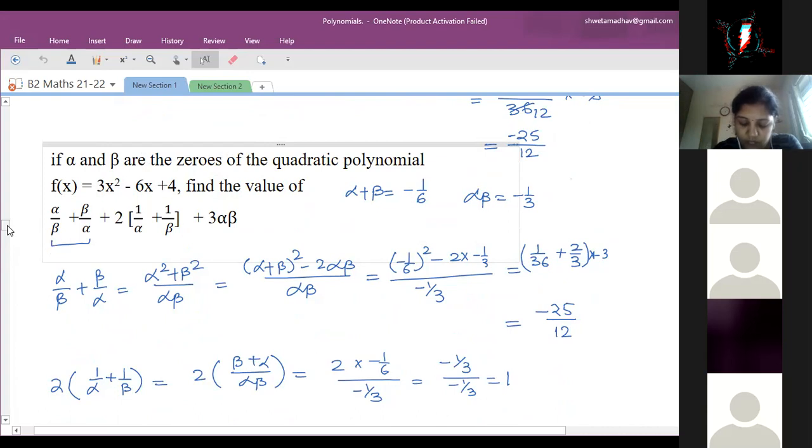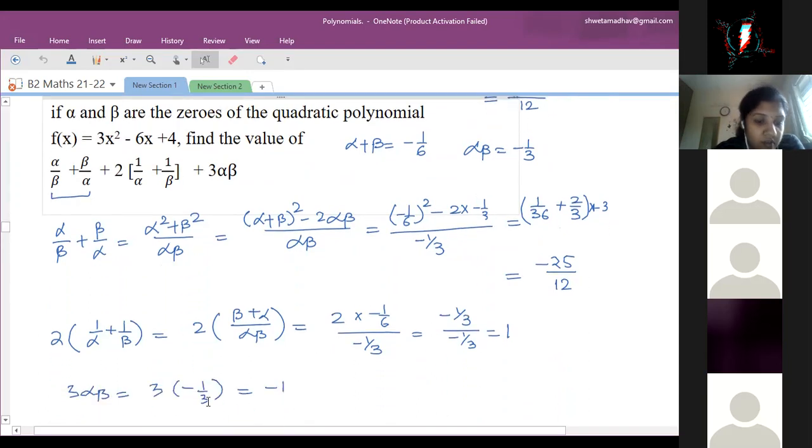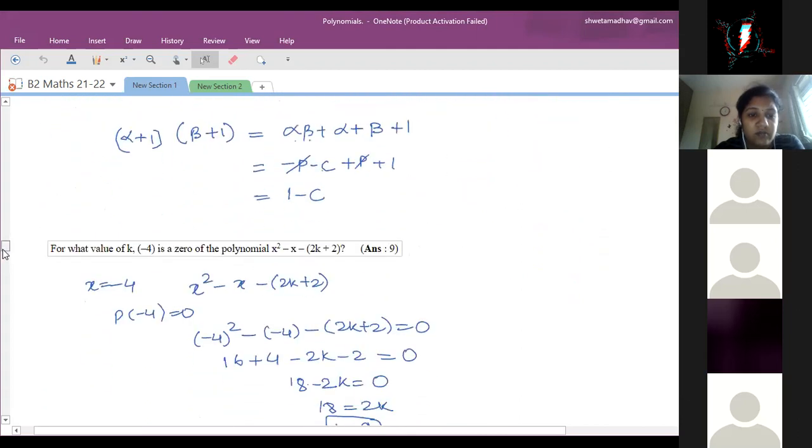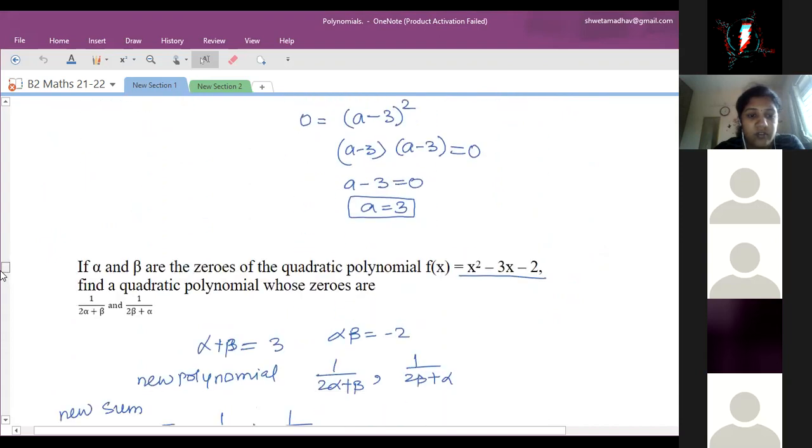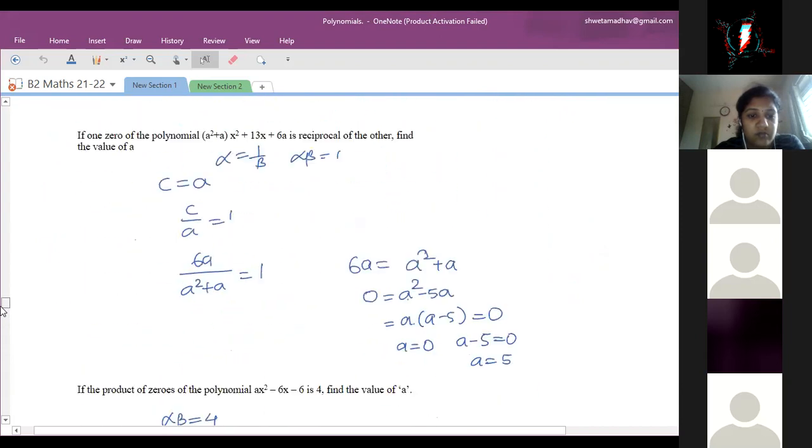Ma'am, which question are you doing? No, ma'am, in this one, the 20th, I'm solving. Which question, 20? 29. 29, okay. In that, I got the answer as 5, but I didn't get the answer as 0. There are two answers for it. Last class we solved the same and told you that you are getting two values. Here, this one is for 3. That's only the first; we have taken that out. This one.